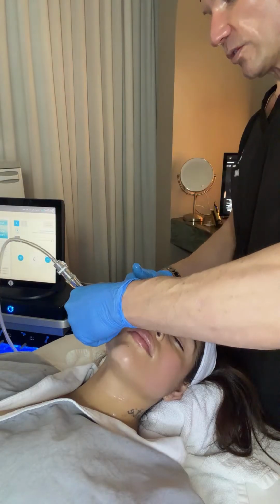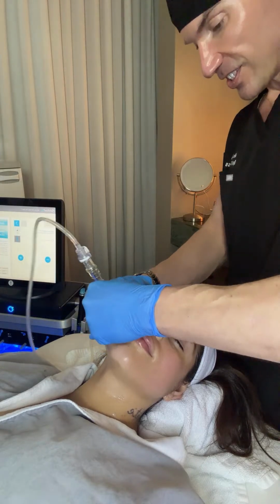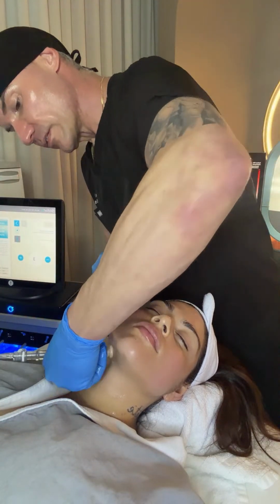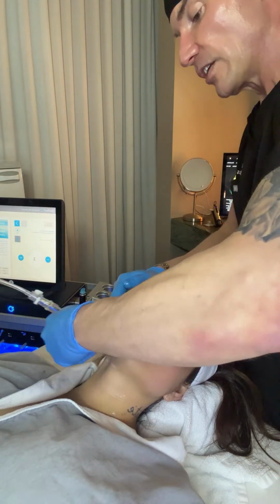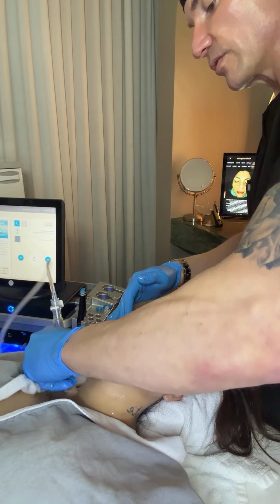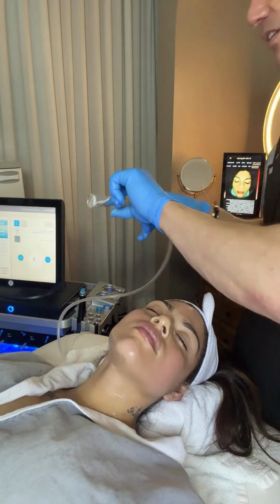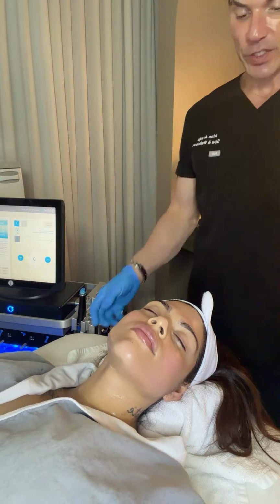But this is what I love to do. I love to be sculpting faces. Put it up a little bit. And then you do the same thing. You have to take out this excess from here. And why do I do that before a microneedling? Why do you do a face massage before a microneedling? For one reason, the microneedling is